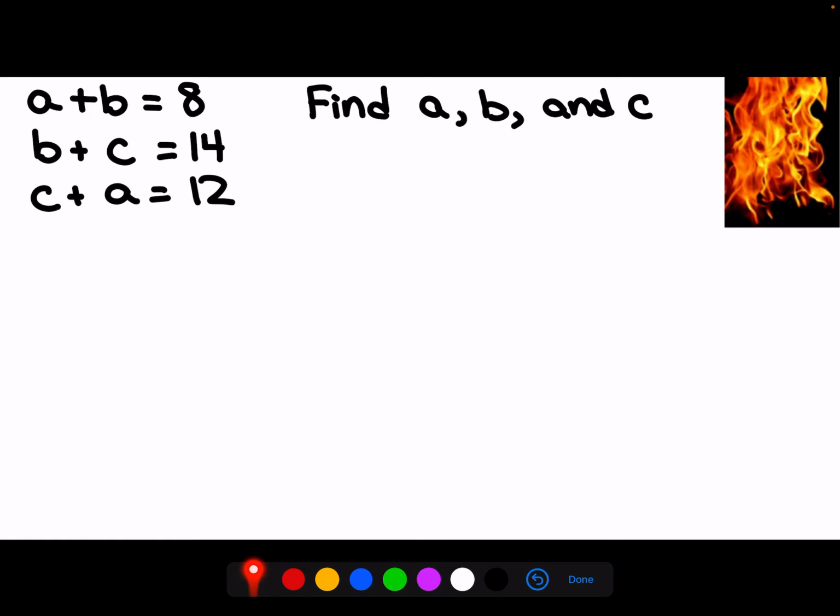So to get started, since each of these equations has two different variables, we're going to need to use a mix of substitution and elimination in order to solve for these variables. So the first thing that I'm going to do is take my bottom equation and choose a variable that I want to solve for. I'm going to go ahead and solve for the variable c. So to do that, I need to subtract a from both sides, and that will give me c is equal